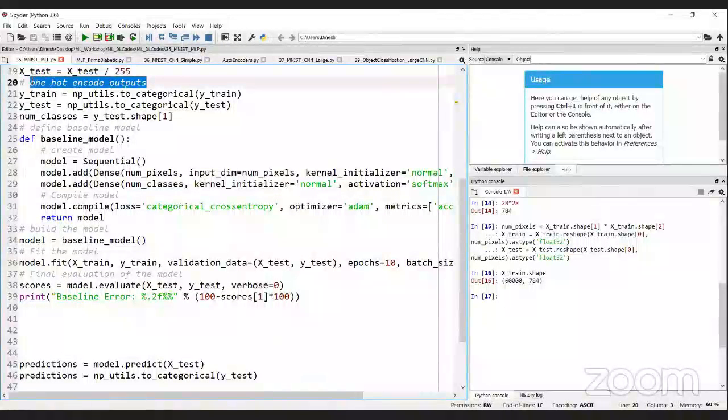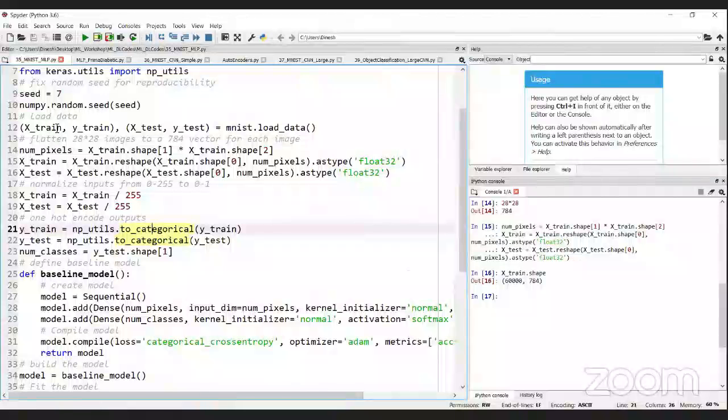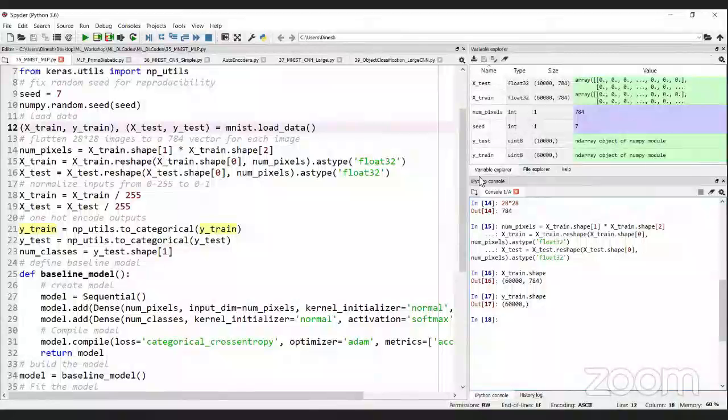Similarly, for the output we use one-hot encoding. Basically it's supervised learning we are doing, right? So we have downloaded both the X data and the y_train data. Let us look at how the y data looks. y.shape: it is 60,000 samples. How does it look? Okay, so this is how the data looks.